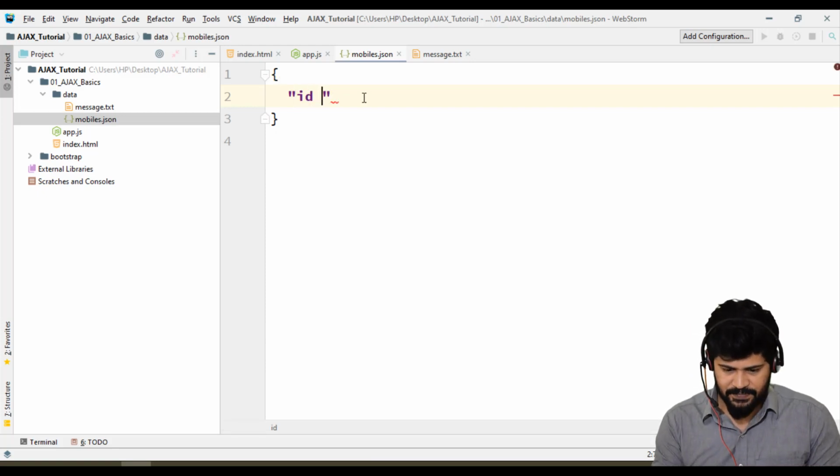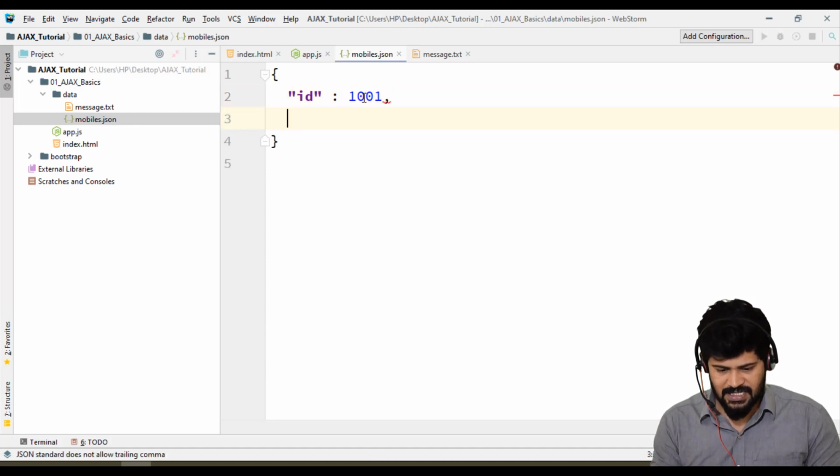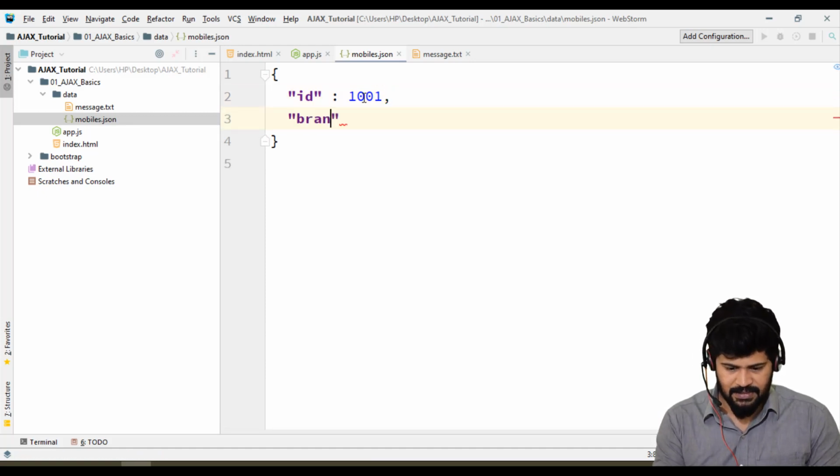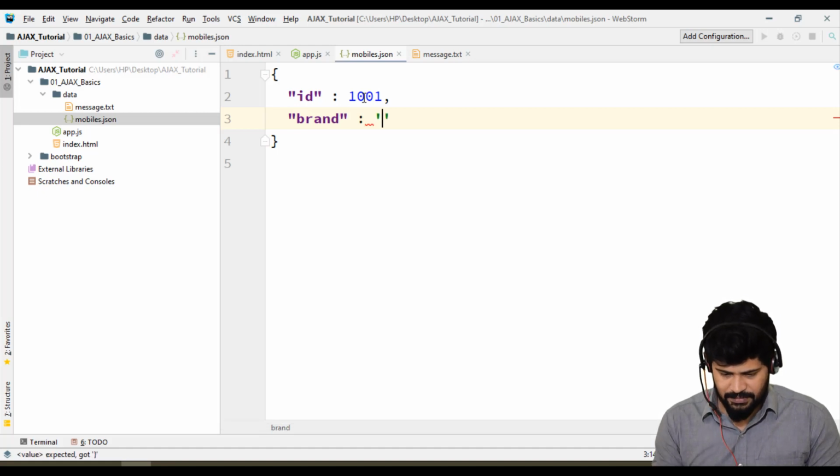Let's take an id, 1001, a number, so don't worry, you can keep it without any quotes. Then brand, Apple, no single quotes.